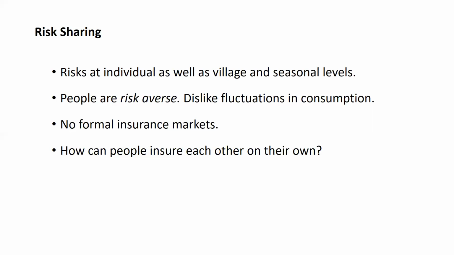The key idea that we're going to assume is that people don't like risk. They prefer to have their consumption as stable as possible. They don't want to have one year plentiful production and the next year go starving. Normally they could take out insurance against their crop, and that's essentially what modern financial markets do to share the risk of many different people. But in the absence of a formal insurance market, there are no insurance companies operating in rural India where you can go and insure your crop, so people have to insure each other on their own.